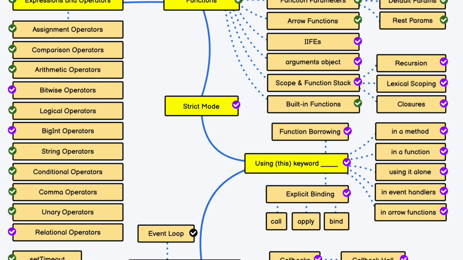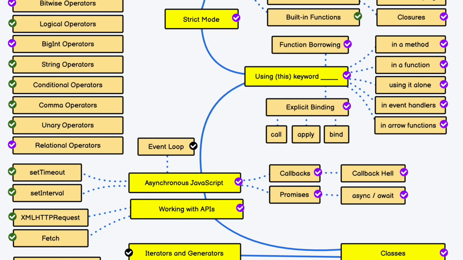You have to know how it's going to handle explicit binding, so how you can use this keyword for a specific condition targeting a specific binding. Under that explicit binding, we have three categories: call, apply, bind. You have to know each one of these topics, and how you can utilize this keyword in these conditions. That's the 12th module we have.